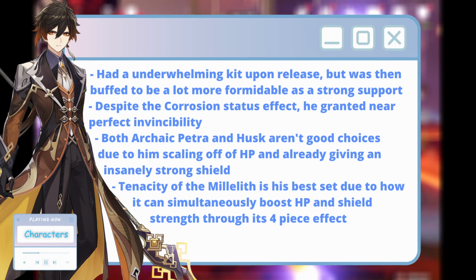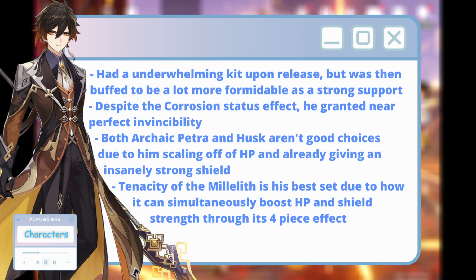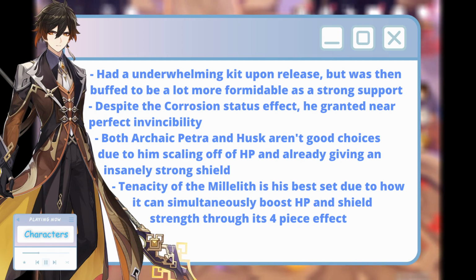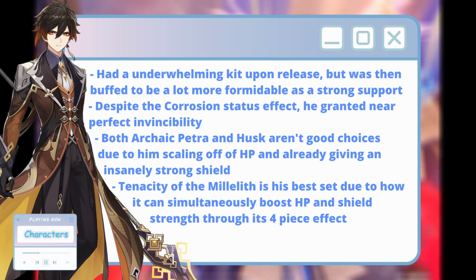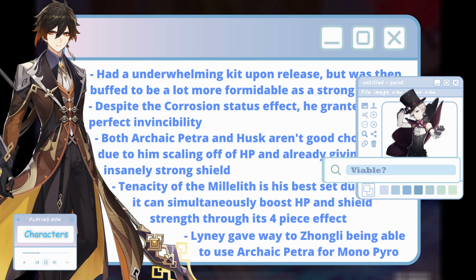It works perfectly as his shield scales off of HP, which the 2-piece effect can give, while the skill can proc the 4-piece effect, increasing his own shield strength, while simultaneously increasing all party members' attack. Husk doesn't work since Zhongli doesn't have anything in his kit for defense scaling, and Archaic Petra was less useful than Tenacity. I will say that after Linny was released and subsequently brought forth the Mono Pyro teams, Zhongli would